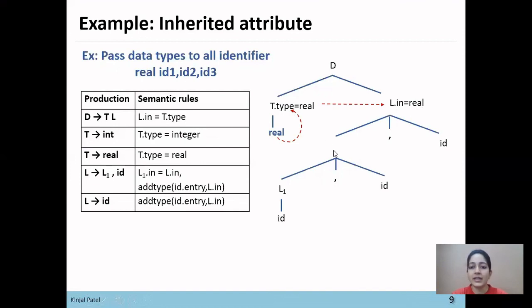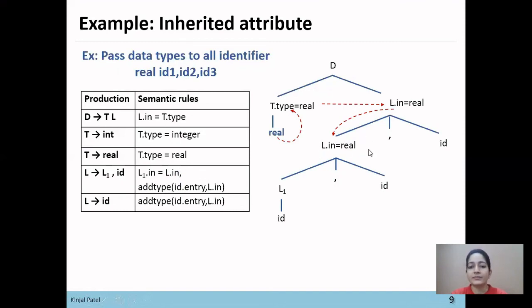Now next here L1. To assign L1, the inherited attribute is used, so we'll replace this L1 with L.in. Here L.in equals real. Why? Because L1.in depends on its parent, and the parent of this L is L.in, which equals real. So this real will be passed to this L.in value, or also we can say L1.in.